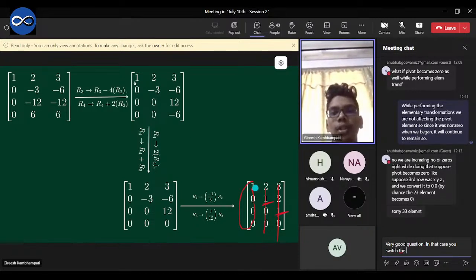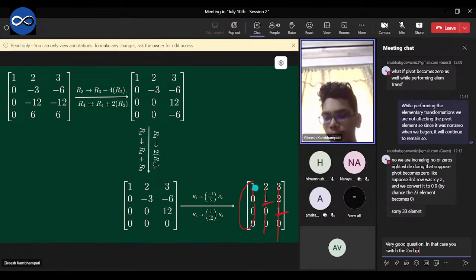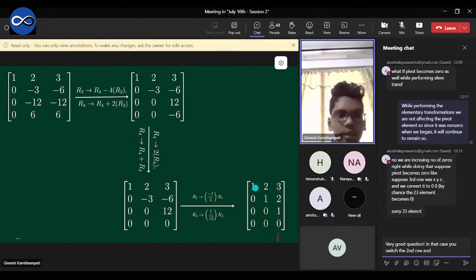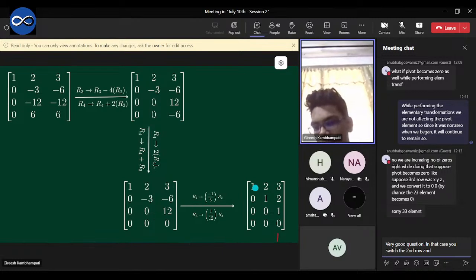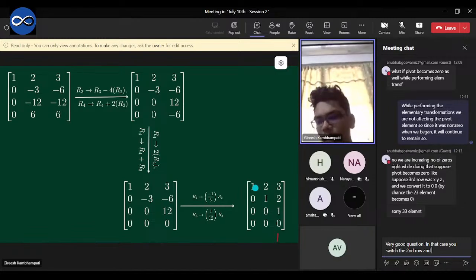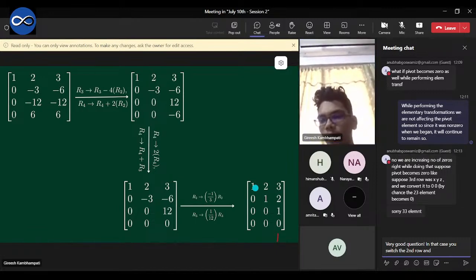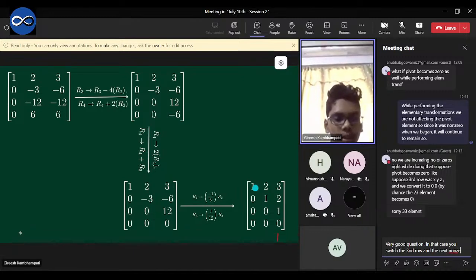So what exactly we want to do in row reduced echelon form is make these non-pivotal elements in a pivotal column zero. Like in this, the second column is a pivotal column. In that, 1 is the pivot. Now 2 is a non-pivot. We have to make the element 2 also 0. In row echelon form, the elements above a pivot need not be 0. But in row reduced echelon form,